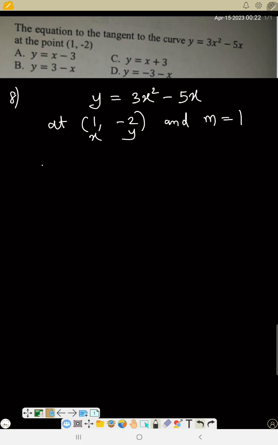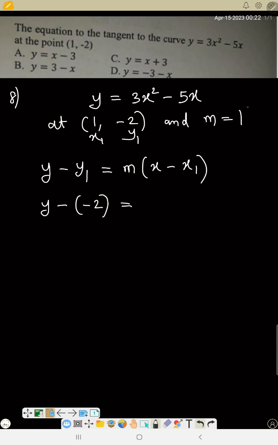So my formula is y minus y1 equals m into x minus x1. So we have y minus, then this is x1, y1. So y minus y1 is minus 2, because m is 1, into x minus x1,